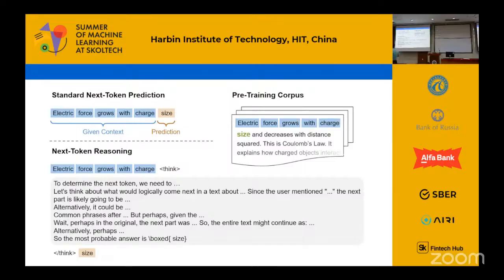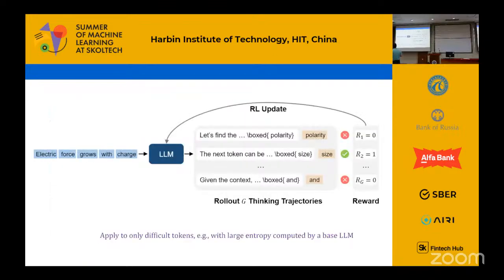Yeah, that's indeed a great question. So I mentioned that it's only applied to difficult tokens, because first of all, the cost is very huge; it's very computationally costly. The other reason is that for some simple tokens, you don't really need to reason. Or as we talked about previously, reasoning is needed for questions like math, coding, or science. For other general questions, you don't really need to do reasoning. So by nature, for some tokens, we don't need to do reasoning.